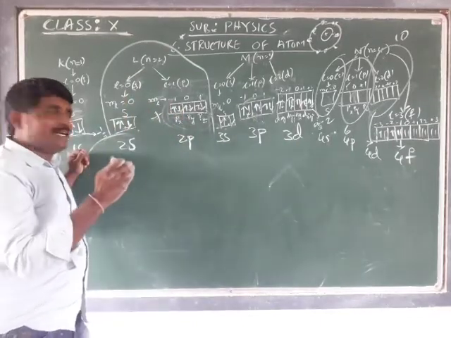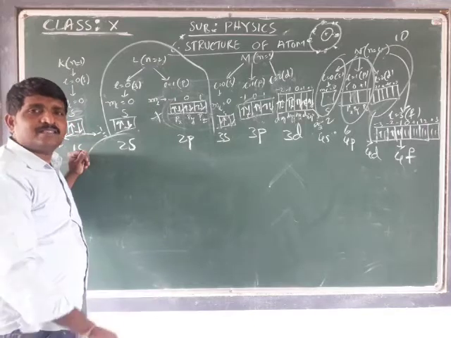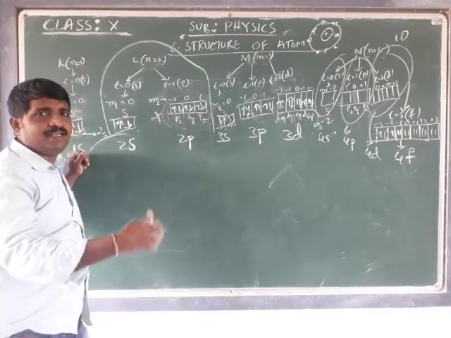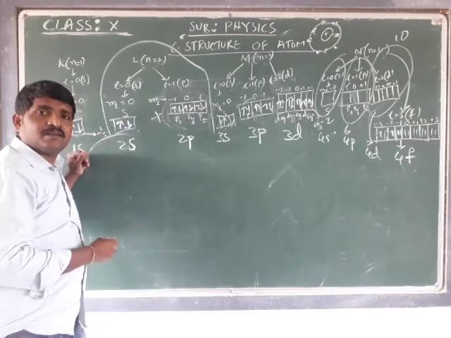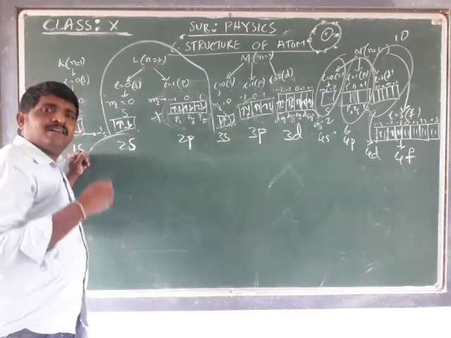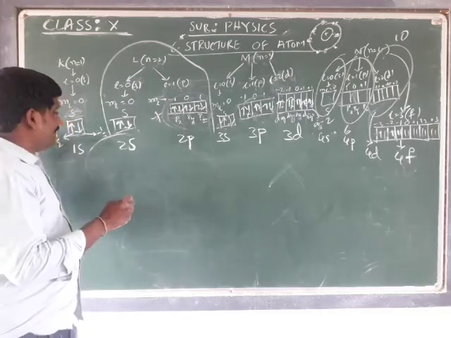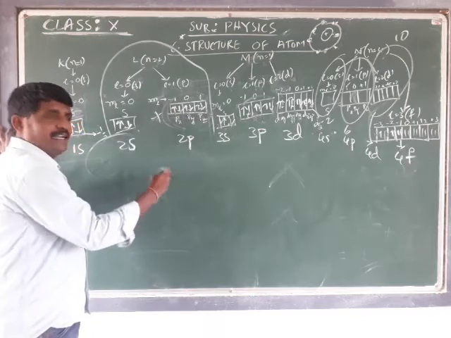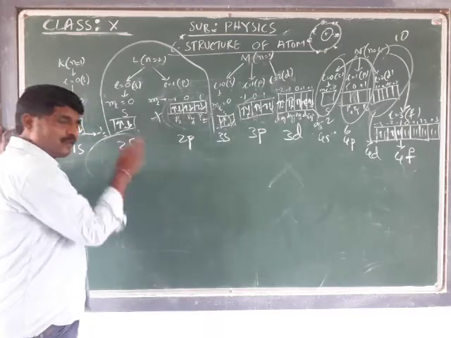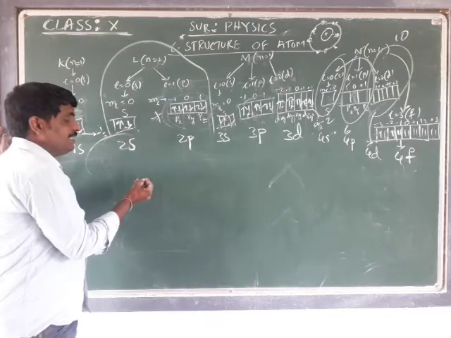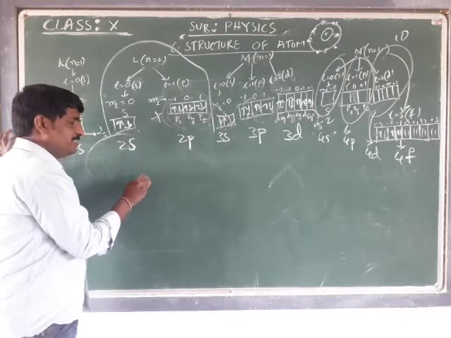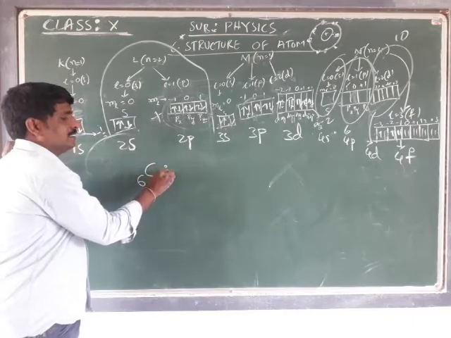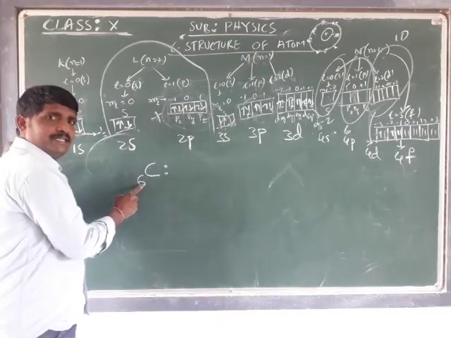Now we'll see some examples just to understand somewhat better. Of course, for electron configuration, we will have a next session with a clear explanation. This is just a quick reference and a small understanding of our NLX method, taking how to write the electron configuration. This is a very important session. Listen carefully. Suppose carbon's atomic number is 6.